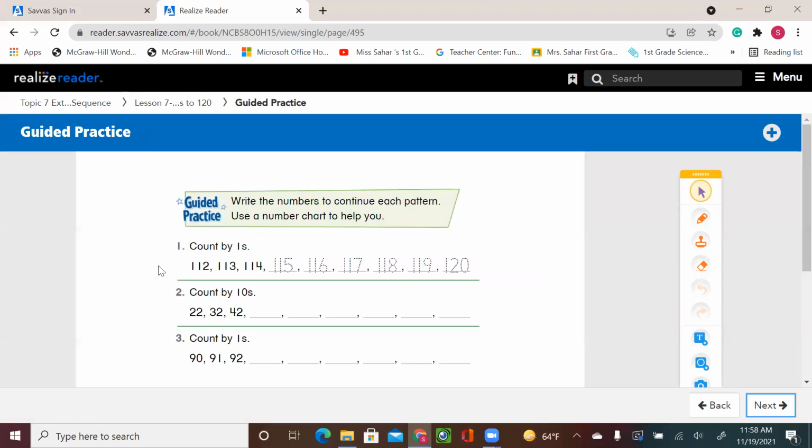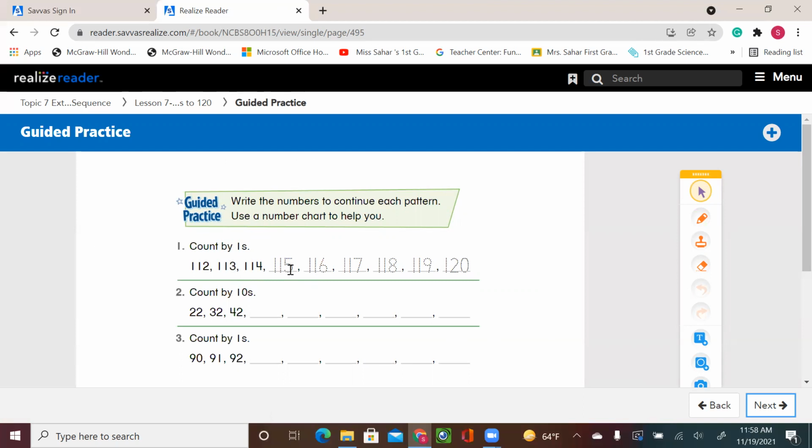All right, page 298. Write the numbers to continue each pattern. Use a number chart to help you. Count by ones. So 112. You can always go back to the first page and see your 100 chart if you want help writing the pattern. So count by ones. 112, 113, 114. That means my ones digit